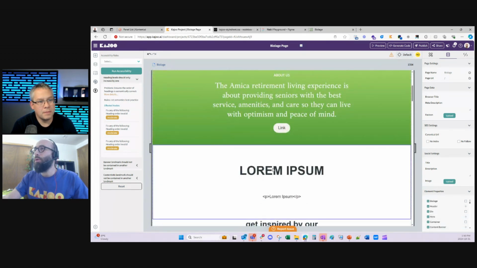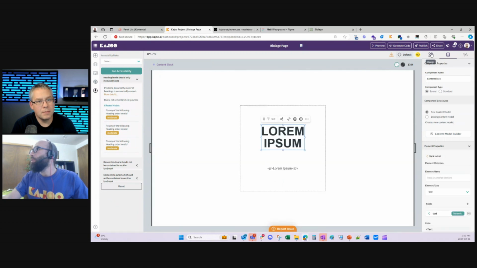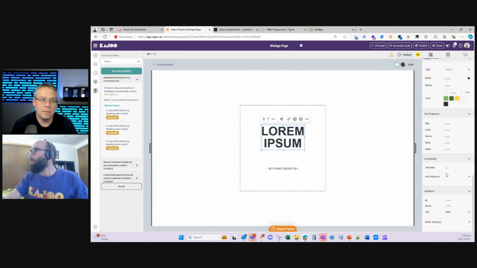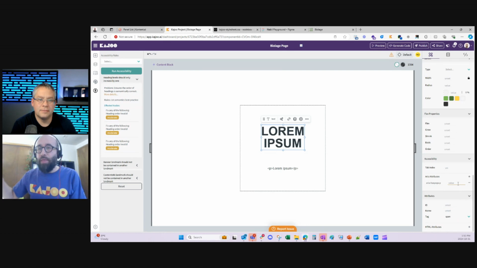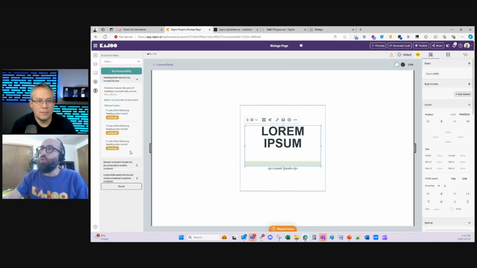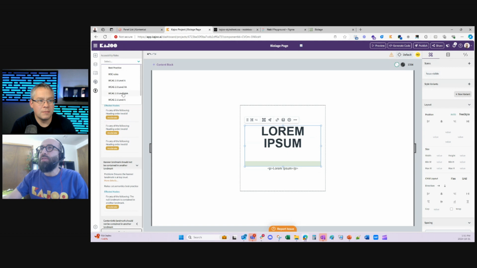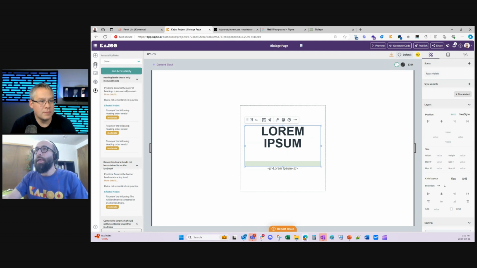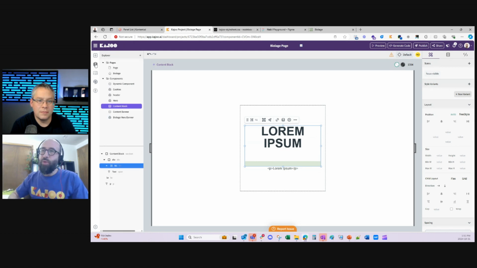For example, I can come here anytime and go to the design tab, accessibility section. I can give it tab order, tab index for the reader to know where to start and the sequence. But I can also add ARIA attributes. We have all the ARIA attributes here built in, and you can add any one and then bind the value to the CMS to make it completely dynamic. And you fix issues, you test again against different standards that you need to be complying with, and this way it's closing the loop end to end.